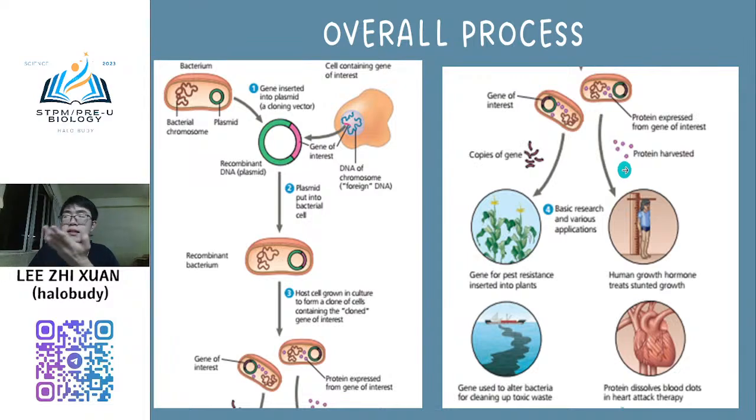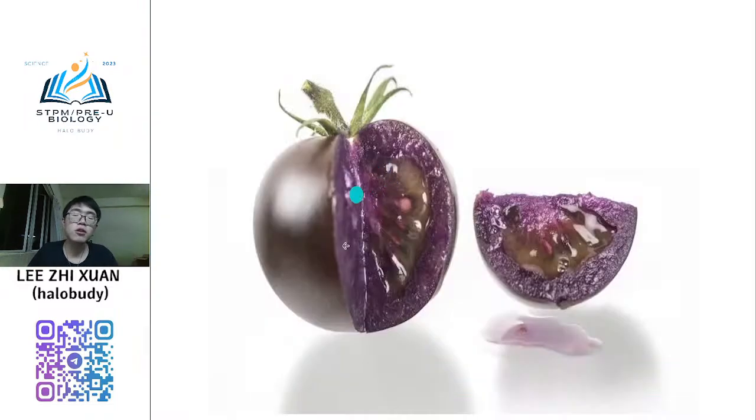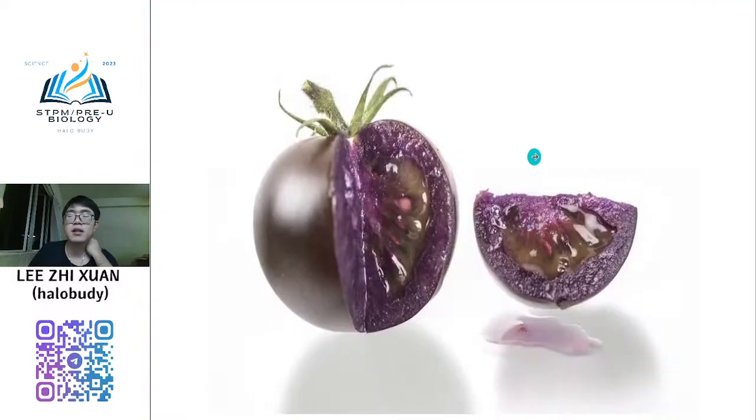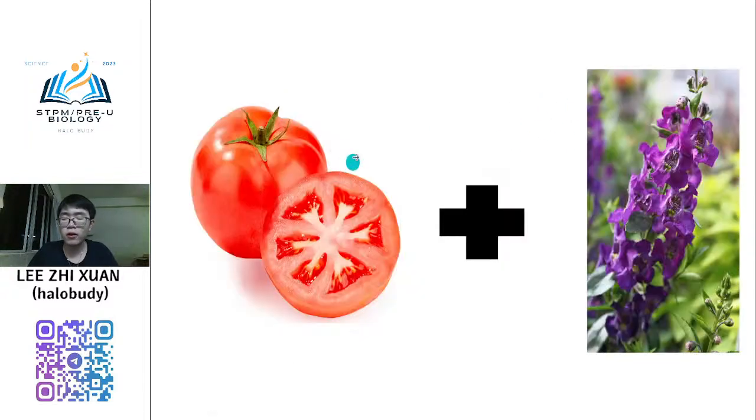So an example is insulin lah. So it will express a higher amount of insulin here, and then this insulin will be used in the pharmaceutical field lah. So it will be helpful to diabetes patients. Not only that, it also can be used to transfer this gene into a plant, like this tomato. When you already create the recombinant plasmid, you can transfer the gene, this plasmid, into the tomato.